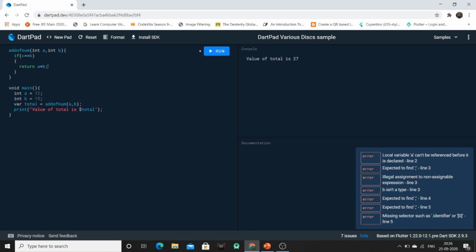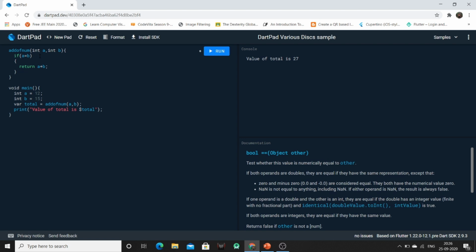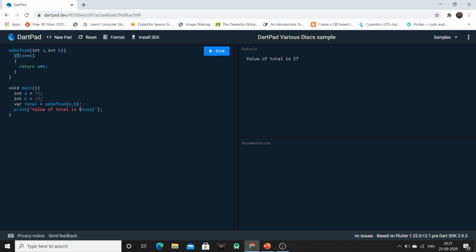That is, if value of a and value of b are equal, then only return the summation of a or b. Or we can also do that if value of a is less than or equal to value of b, then only return the summation of a and b. So on clicking this, the program will be executed and the output will be available in this part. And we can also see that the equal to object documentation is available inside this documentation part. So this was the implementation of the if part.